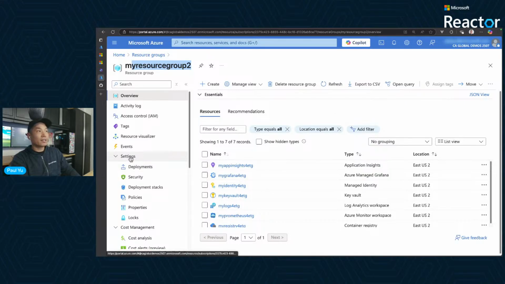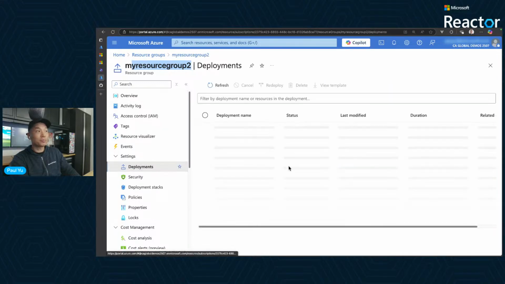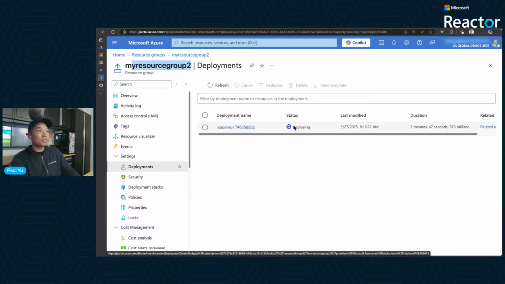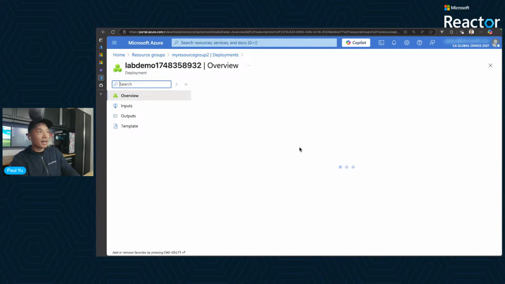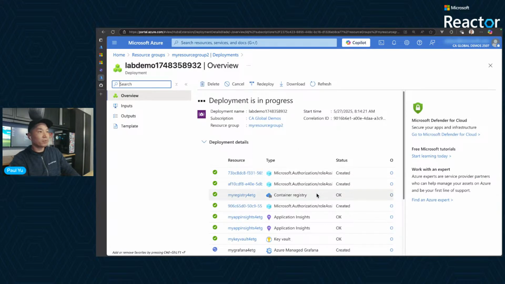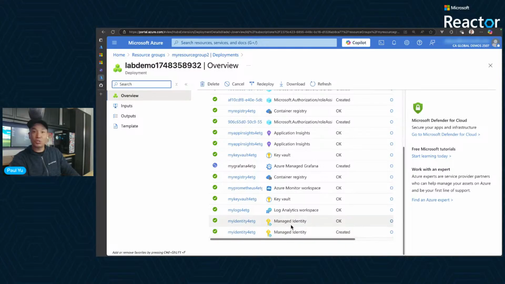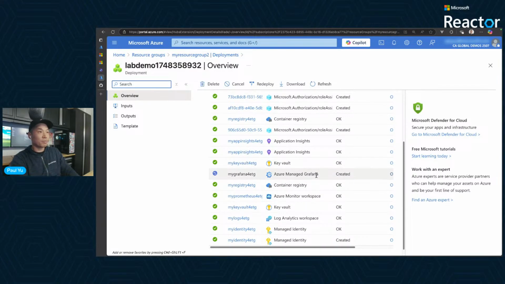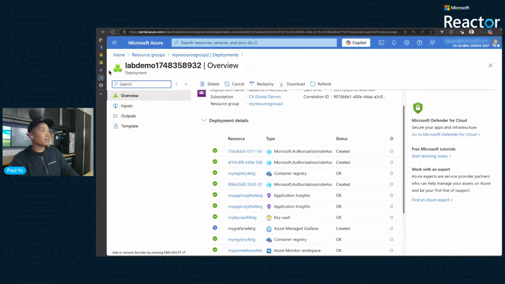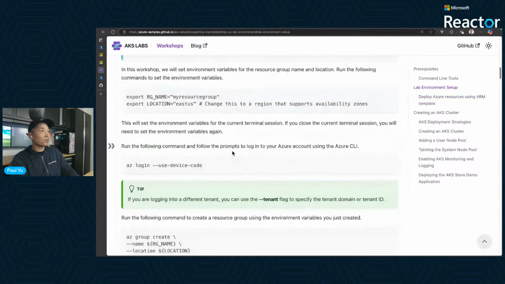And if I click on, underneath settings, deployment, because remember we did a deployment for the resource group, I can click on that. And you can see here, this is the actual deployment name. Remember, we called it lab demo, and then we gave it some random text at the end. So if you click on that, you can see all the things that are being deployed. And I'll show you that in a second. You can see the Azure Managed Grafana is the one thing that we're waiting on. So if I scroll up here,